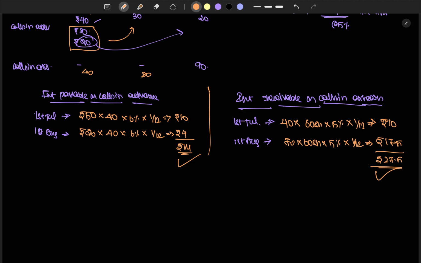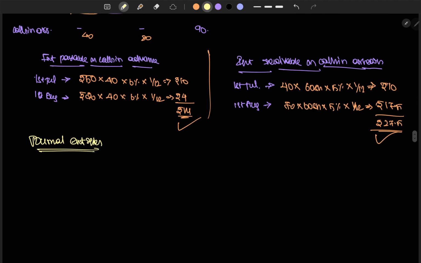Let's get into the journal entries. Okay, what could be the first entry? First, we have received the amount for 1800 shares, right? 1800 into application money, which is rupees 20. So 1800 into 20, which is 36,000,